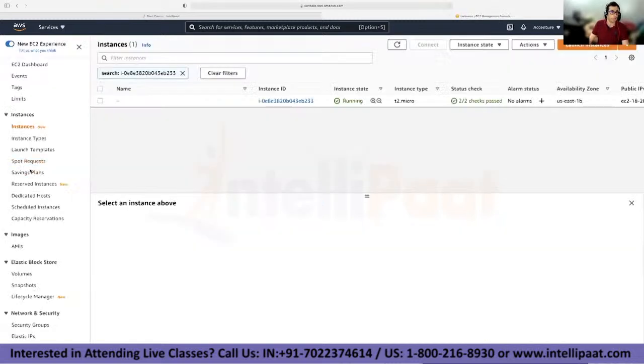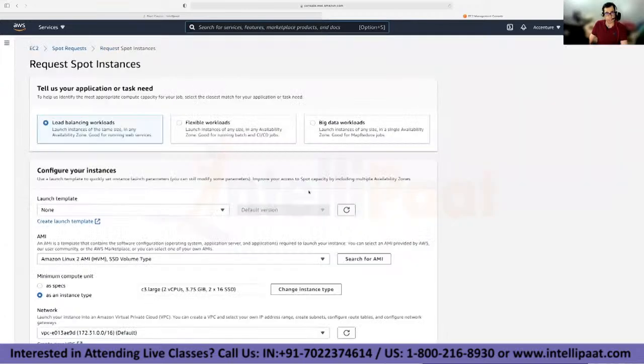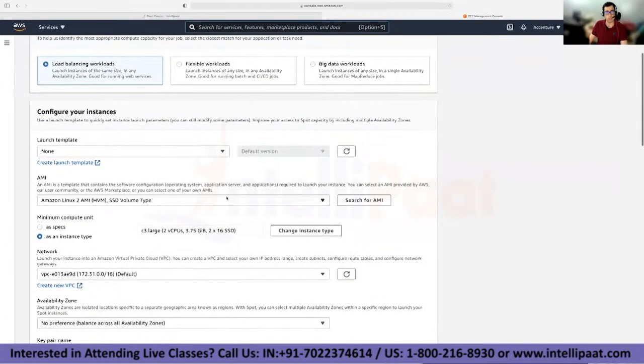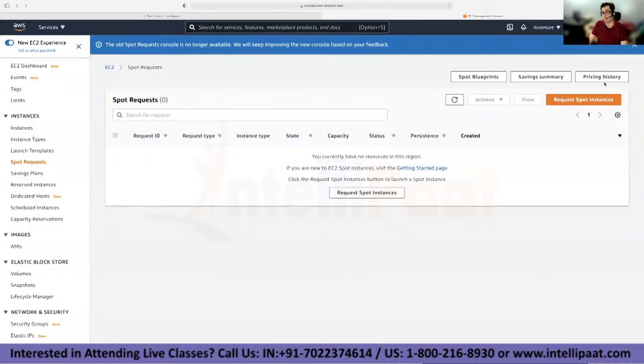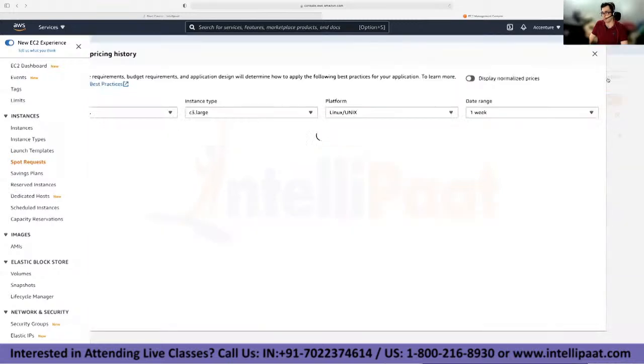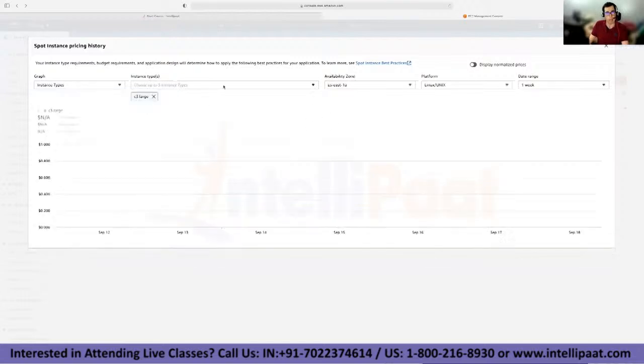See, for example, on the left side, I go with spot requests. So for example, I go with this spot instance. I can request spot instances by choosing the specific configuration of the instance. But before that, what I can do is click on pricing history at the top right-hand corner. Can you see that? Now, based on the specific availability zone, for example, let's go with instance types. I want to see that